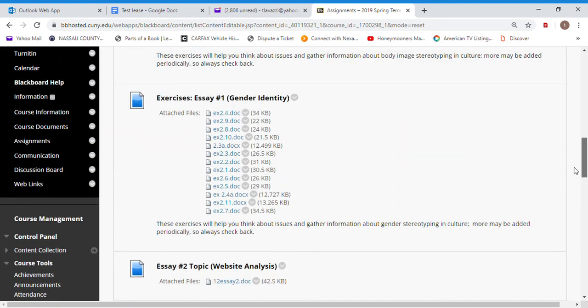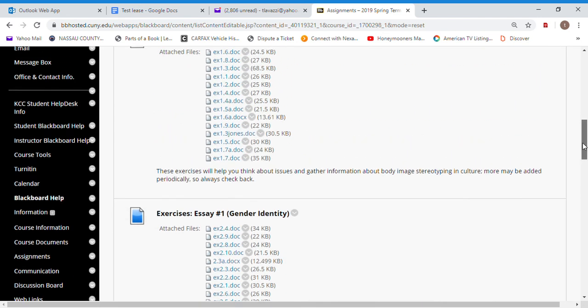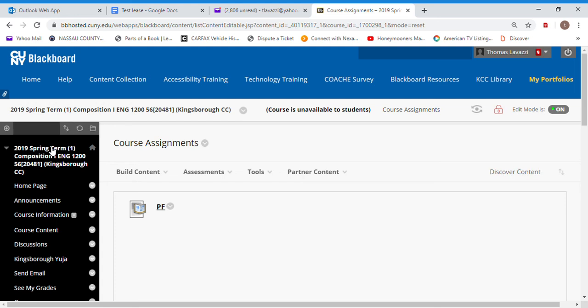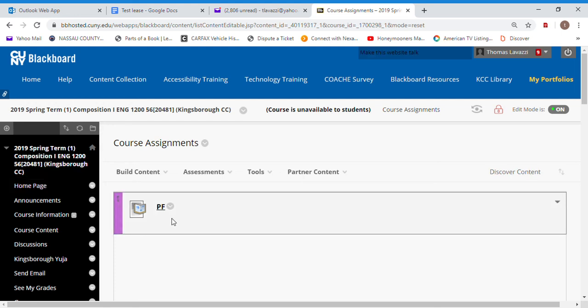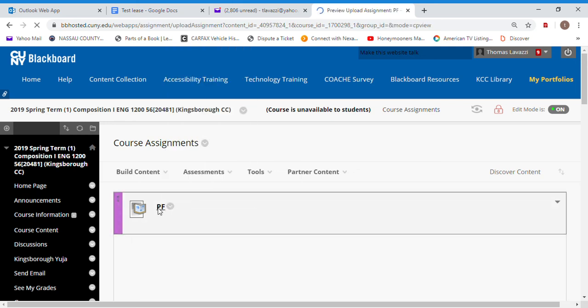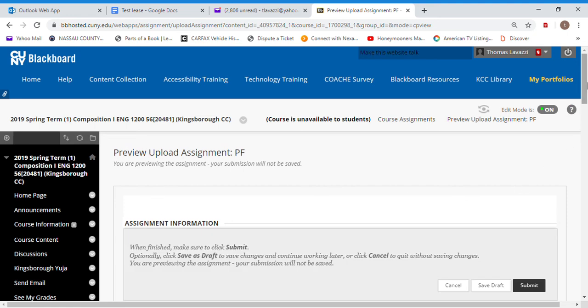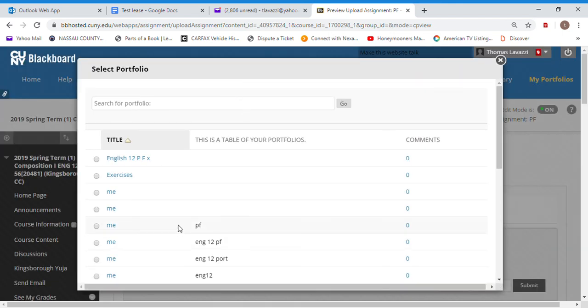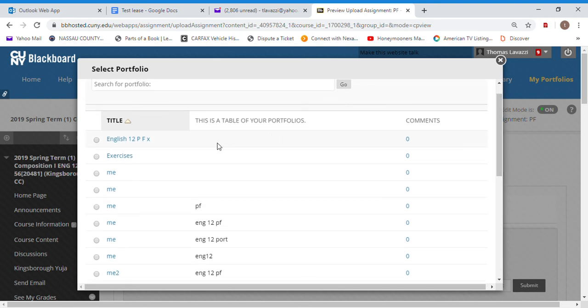Otherwise, it would be under course assignments up here. But this is what you're looking for. It just says PF. You click on that. You just click on the assignment there, on the PF, and you just follow the directions. Now, you already created it, so you want to select, see? And then you find your portfolio. Now, you'll only have one, so it won't be a big deal. I have a lot. I'm going to click the bubble next to the item,